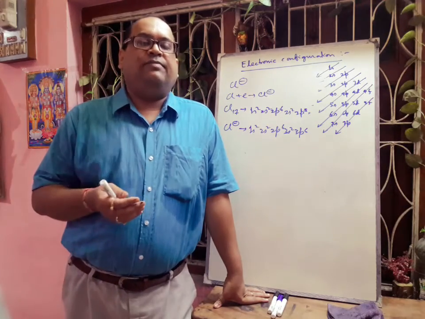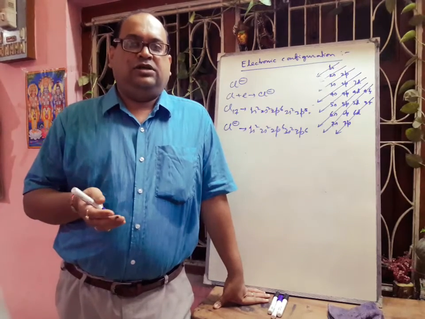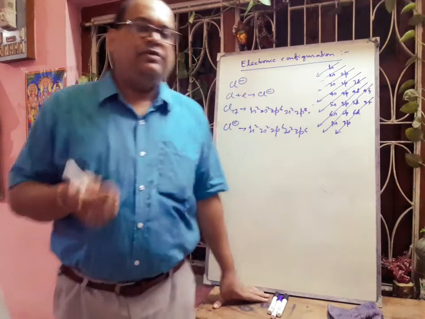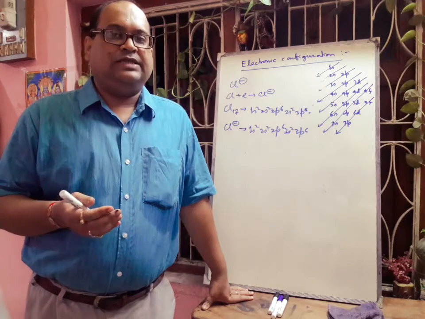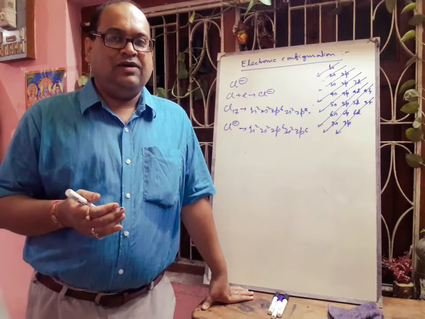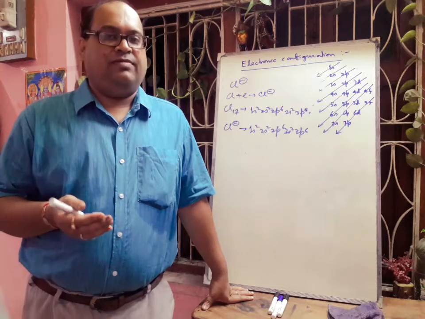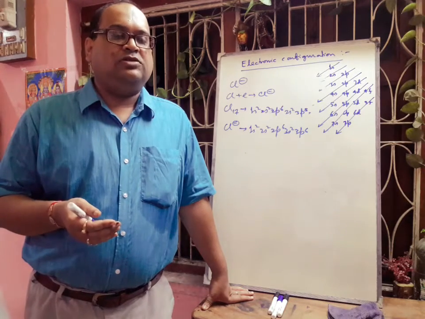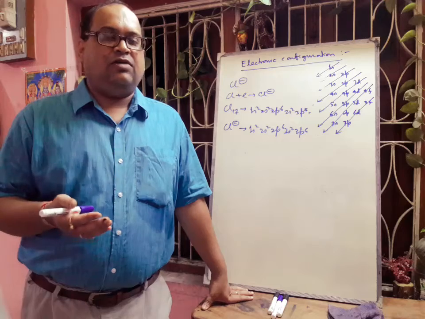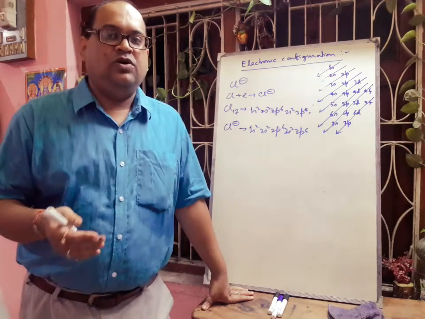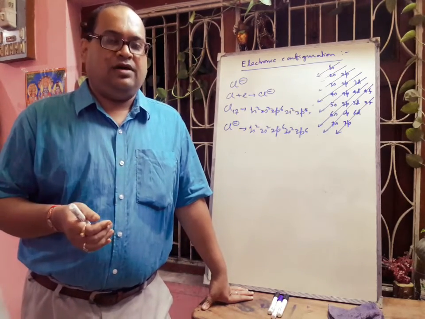In case of niobium, when you fill up the orbitals with electrons, you have to write 4d4 in the last part of the electronic configuration: 4s2, 4p6, 4d4, 5s1. So this is anomalous, and you have to remember it. In case of molybdenum also, there is an anomalous electronic configuration. Here the last part will be 4s2, 4p6, 4d5, 5s1. So you have to remember this.